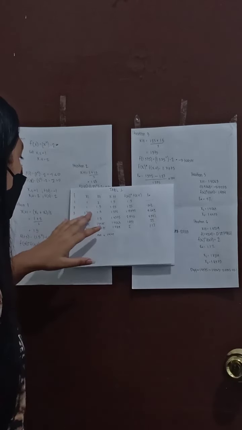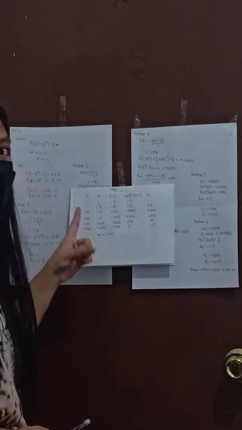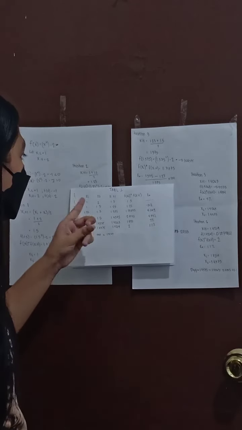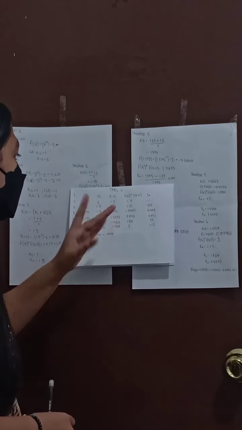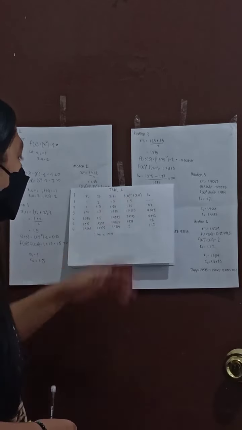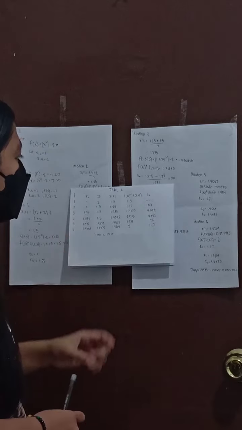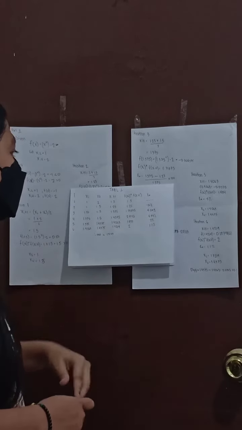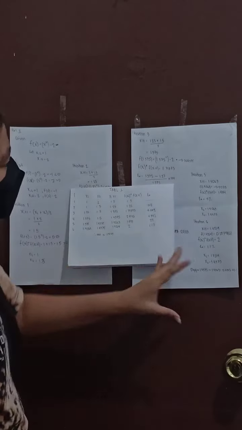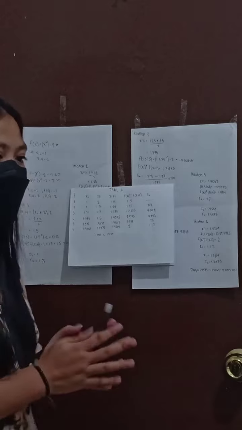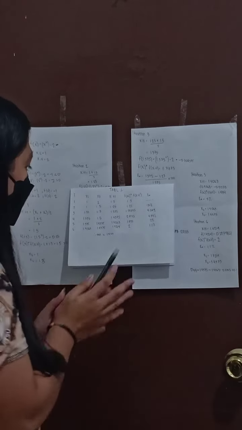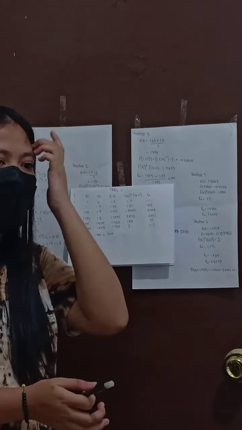And in iteration 2, xl is 1, xu is 1.5, xi plus 1, f(xl) times f(xi plus 1) is 1.25, then EA is negative. So the answer of this iteration you need to put here in table 1. So if it continues, all the